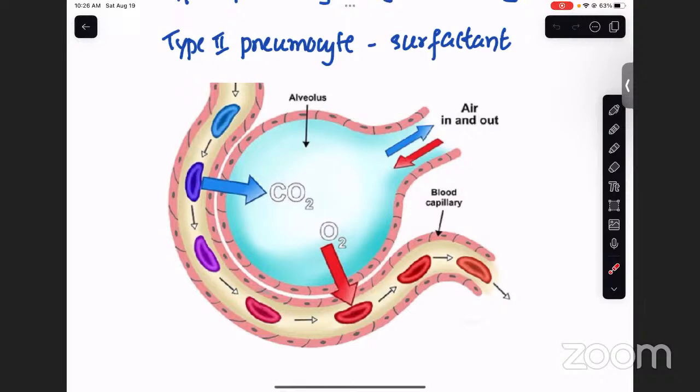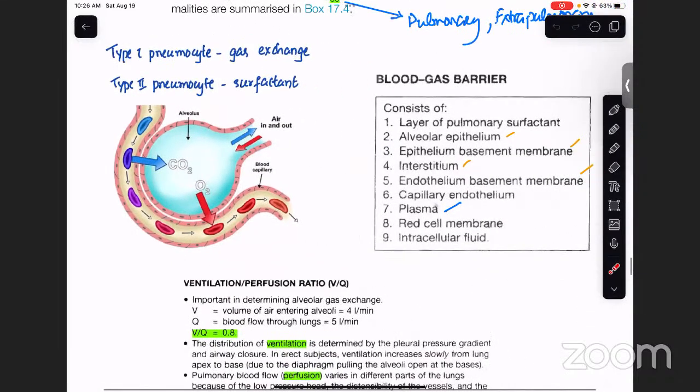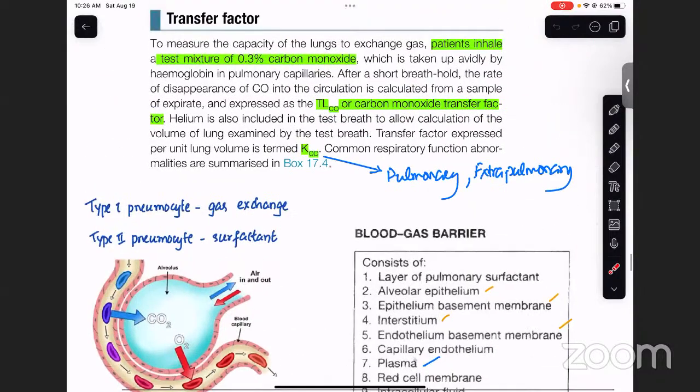For this to happen, there will be a blood-gas barrier. I already mentioned it. You need to note the alveolar epithelium, basement membrane like interstitials, endothelial basement membrane, as well as plasma volume. To detect the gaseous exchange in our body, there are tests like transfer factor, known as TLCO or TCO as well. CO means carbon monoxide,